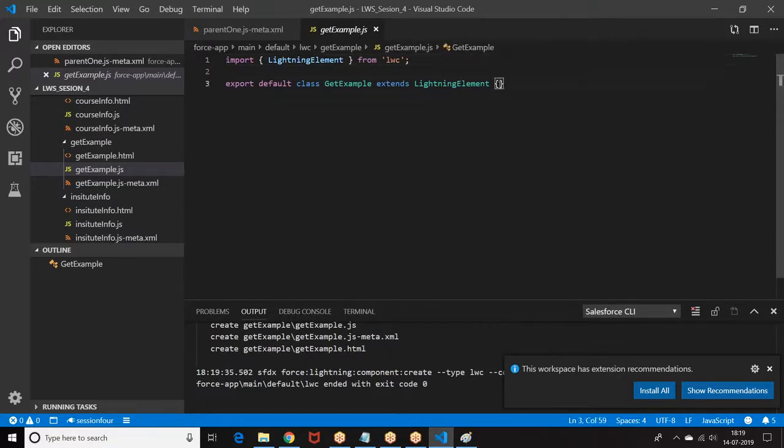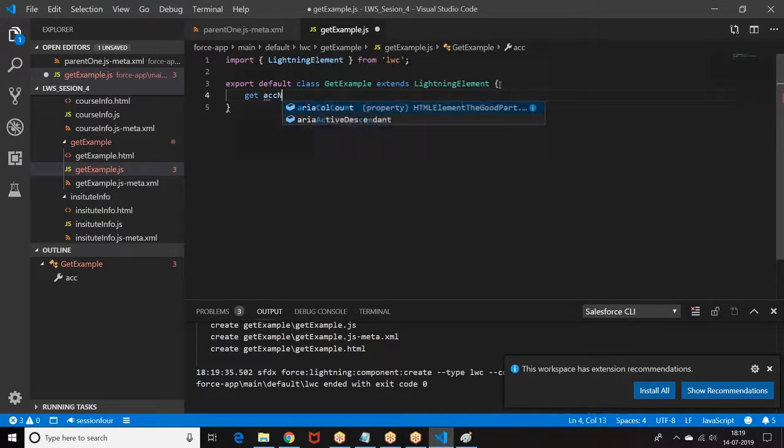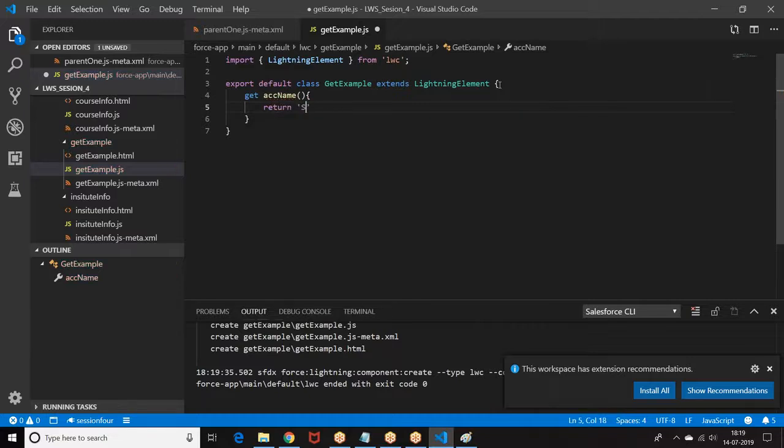So in the get example, get HTC phone. So I have created a getter functionality.